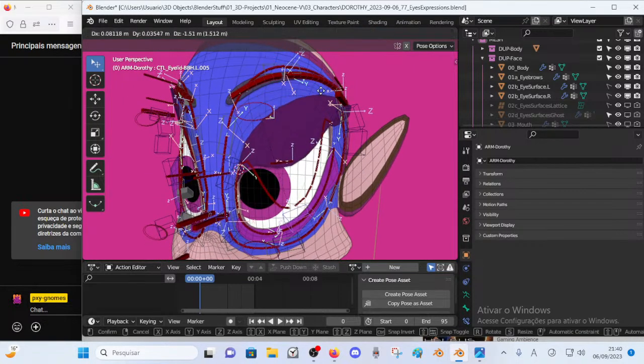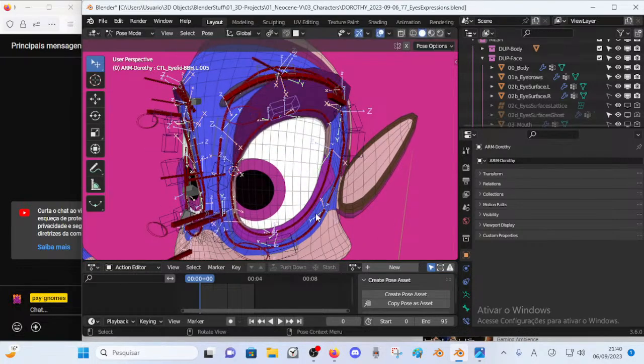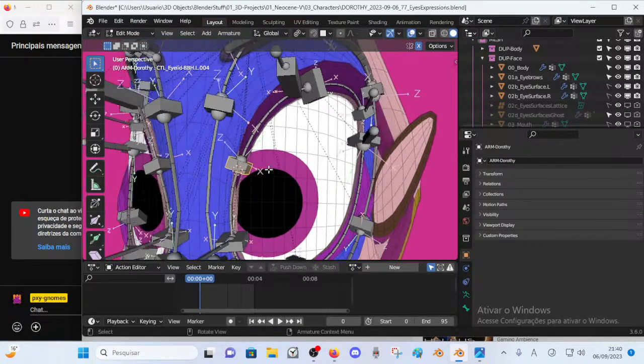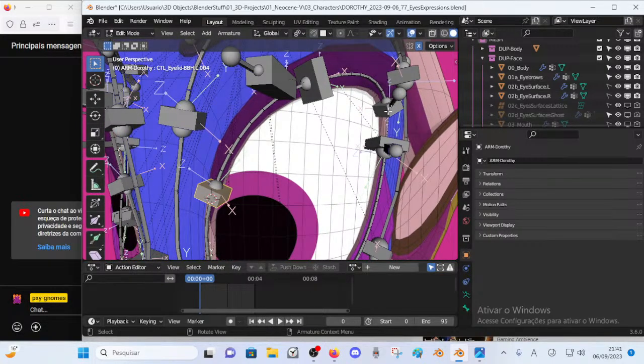What I need to remember from the last session is that as I was retaking the eyelids, I changed the roles of these bones and the control handles of these belly bone splines for the eyelids rig.